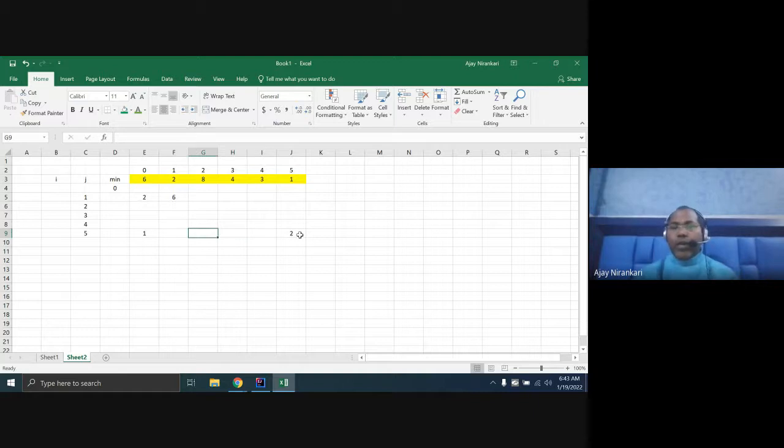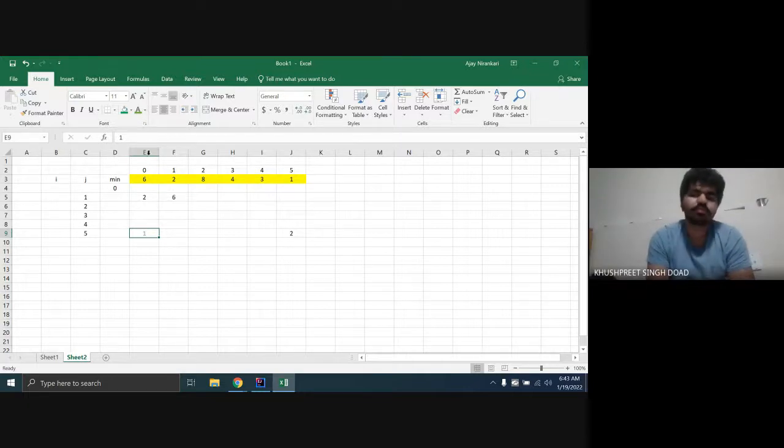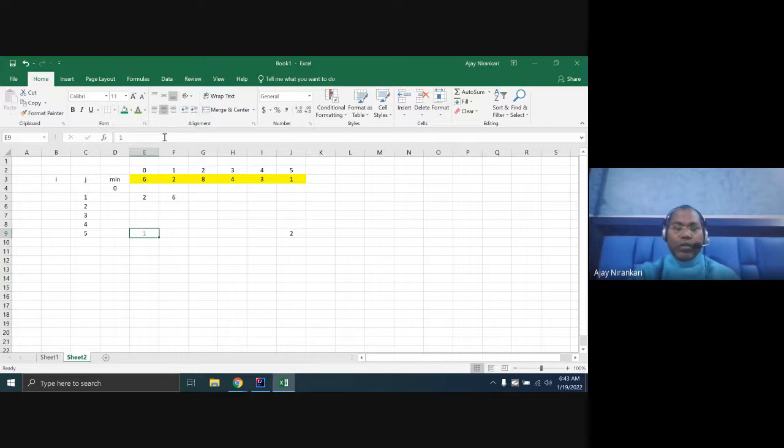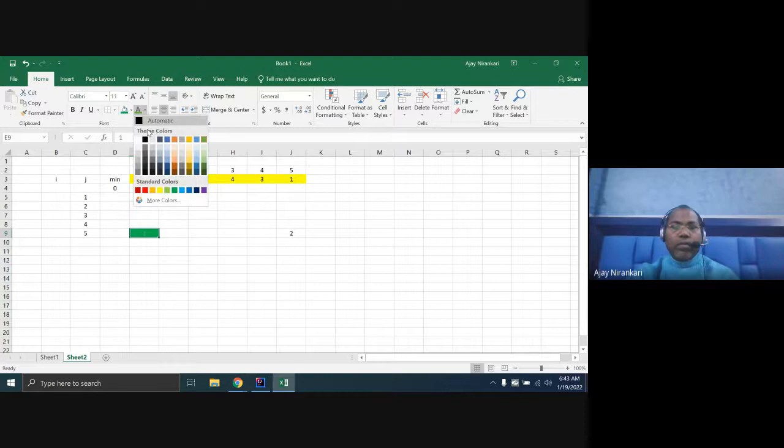In this way, you can find out in one phase what your minimum is. Yes, right? This is your minimum, and other elements stay in the same place.